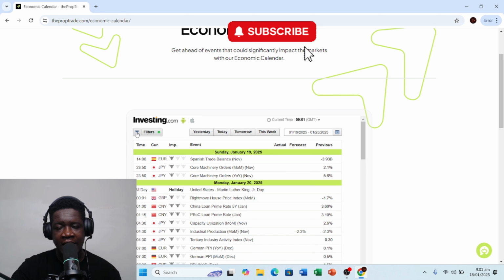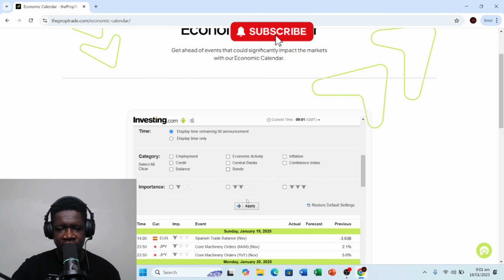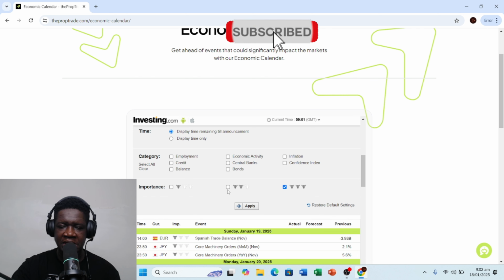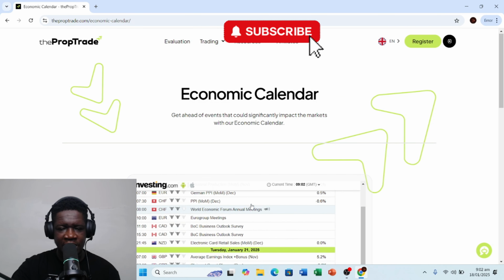We have the high impact, medium impact, low impact, and no impact news. So you click on filter like this. You scroll down, and then here, importance. So I select the high impact and then maybe the medium impact, and then I click on apply. So on the 19th,